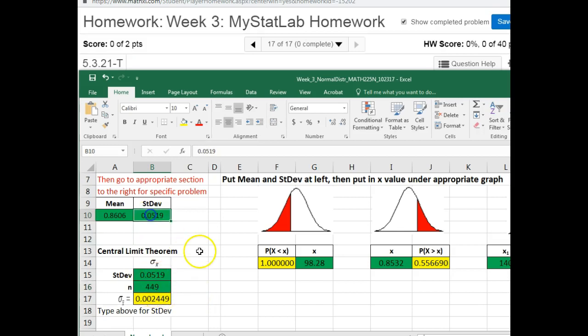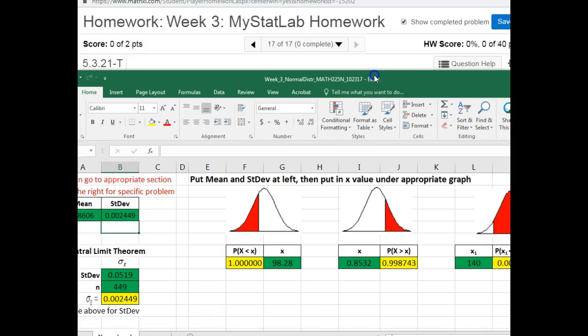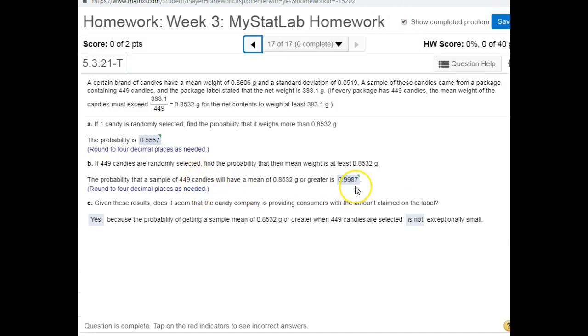And so it's a much smaller standard deviation because with large groups, there's less variability. The large numbers, the small numbers cancel out. And so adjusting our distribution to have that new smaller standard deviation, the probability that our group of size 449 has an average, a mean, larger than the weight we need it to have is very high, which is good